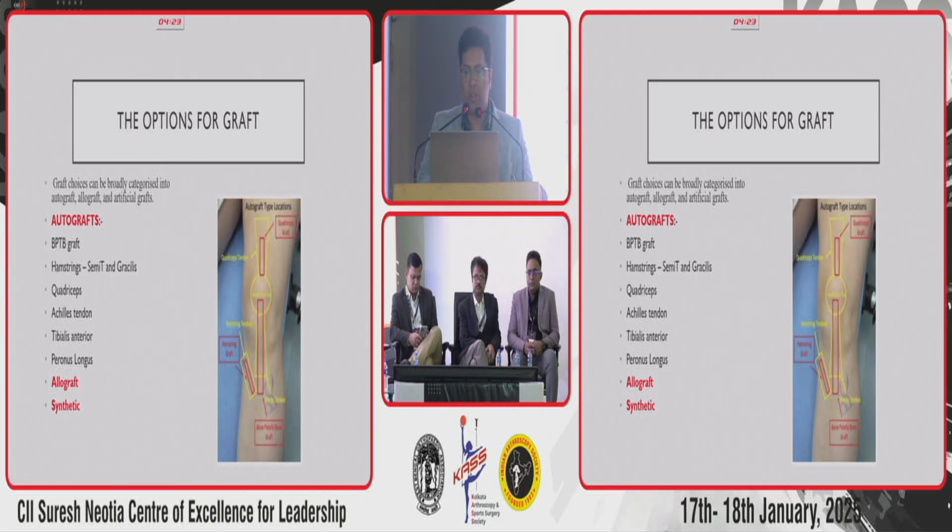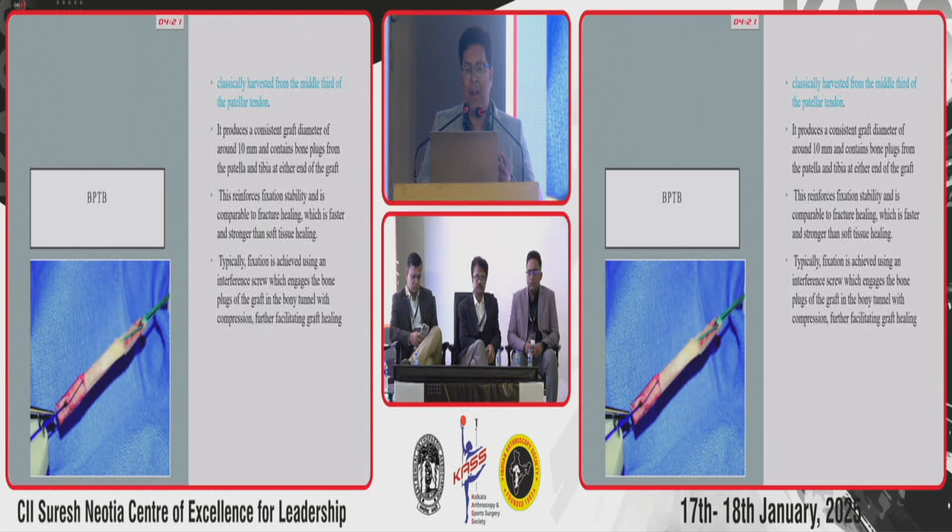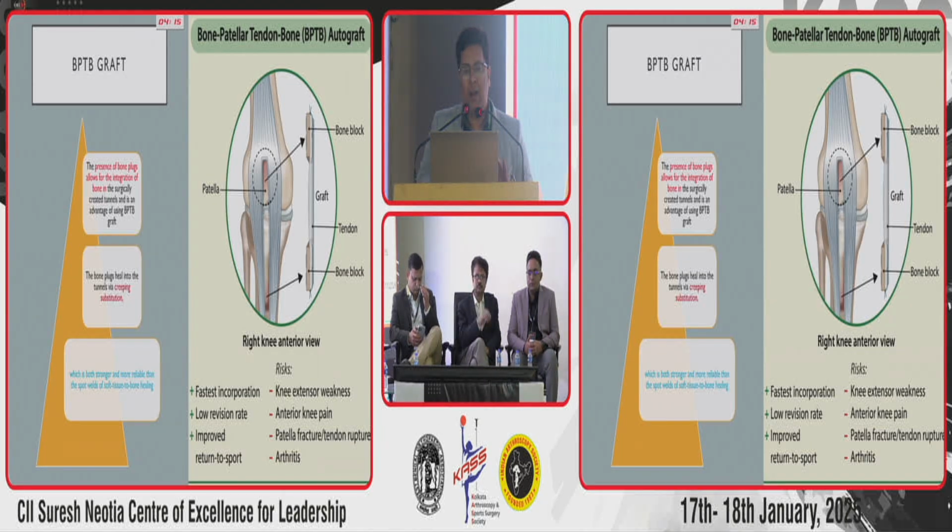tendon, peroneus longus graft. So regarding the BPTB, it is classically harvested from the middle third of the patellar tendon, and as there are bone plugs on both ends of the graft, the union, that is the bone to bone union, is quite strong and it's united by creeping substitution. And we always know that bone to bone union produces a stronger and more reliable graft as compared to soft tissue